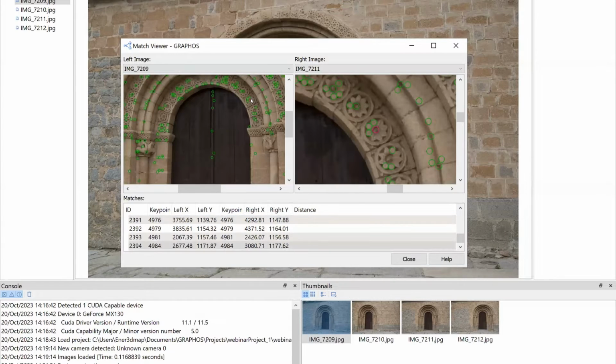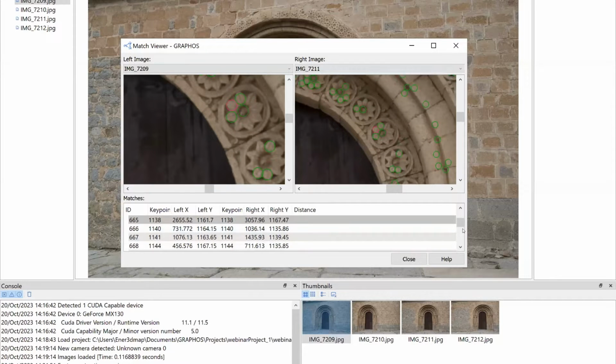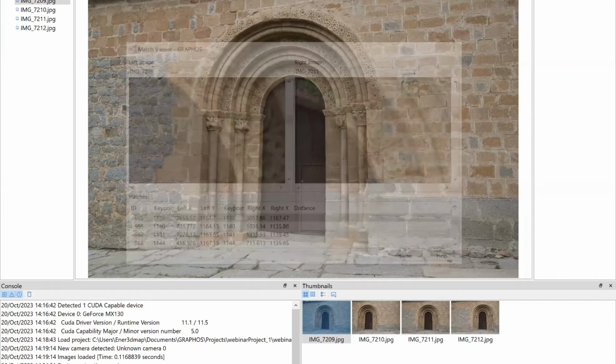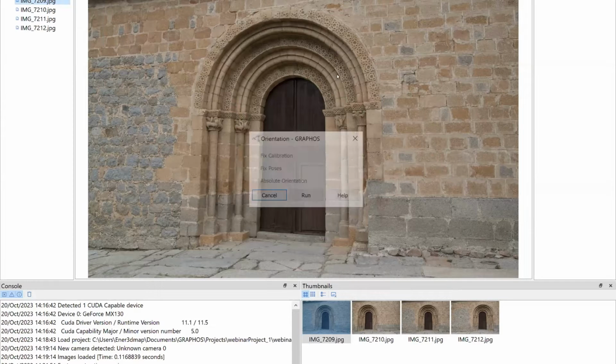So we can control if they are okay or not. So this is the match viewer. When we finish with this process, we can go to the orientation process. In this case, we have everything